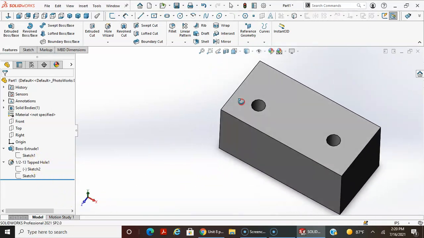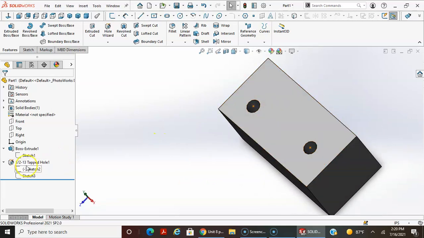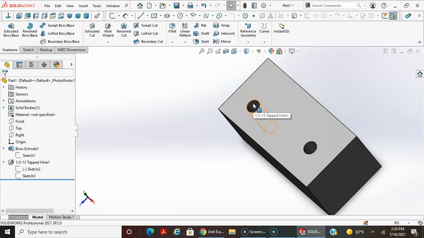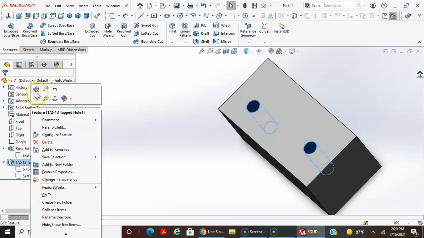And sometimes I worked with machinists and engineers where all they'll do is just add the threaded hole here on the 3D part. And the machinist can select on this, and they'll be able to measure this, and they'll know based on the tap drill size what the thread will be. In this case, it obviously tells you here, but a machinist should be able to know the hole size. So that's one fast and easy way to do it. And if you do it this way, it's fine, honestly, because I see it in here. Or you can do a right click, edit feature,